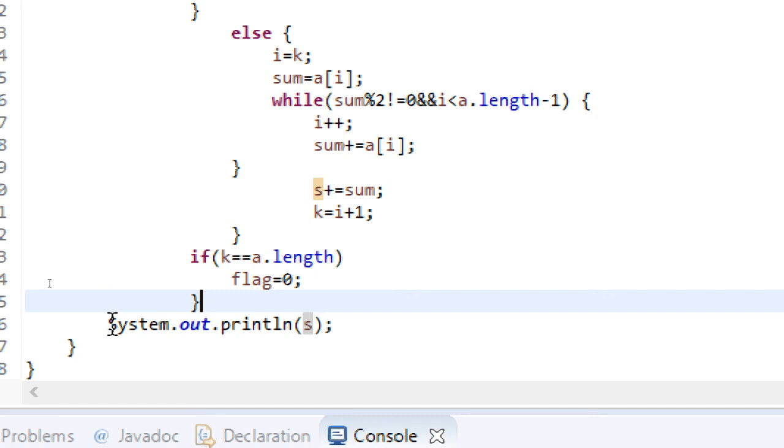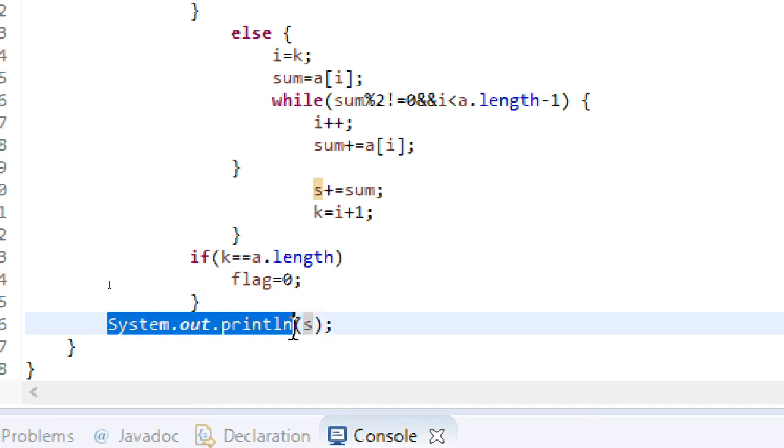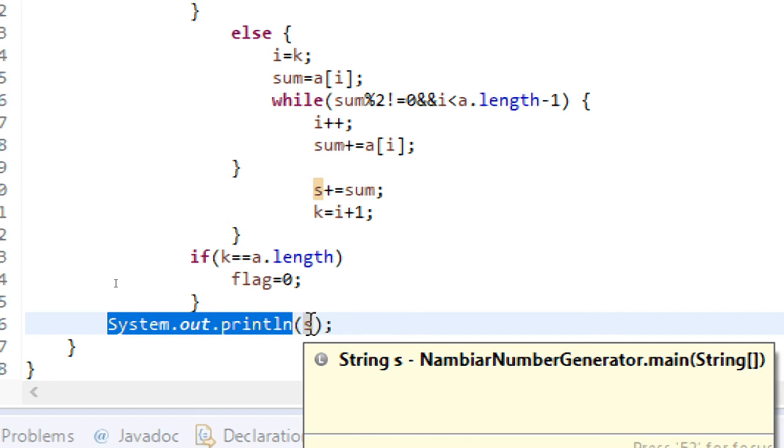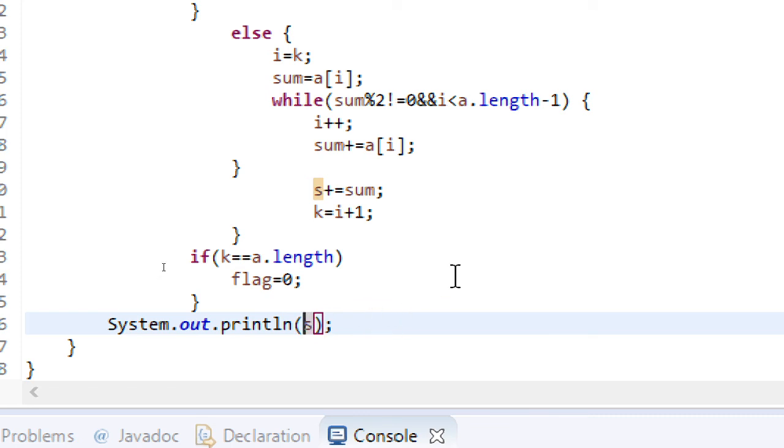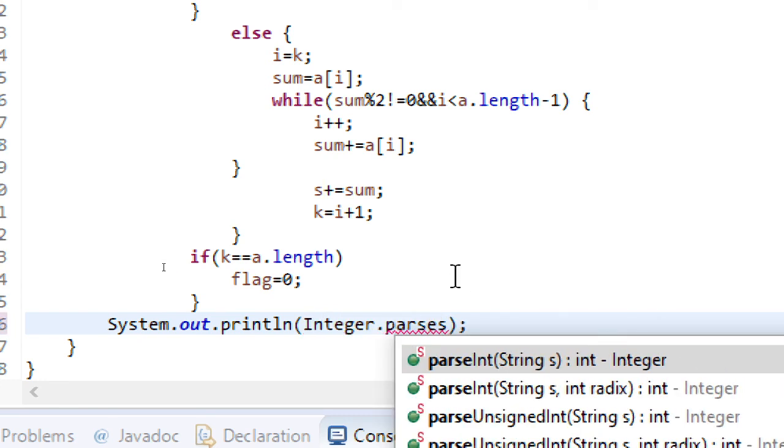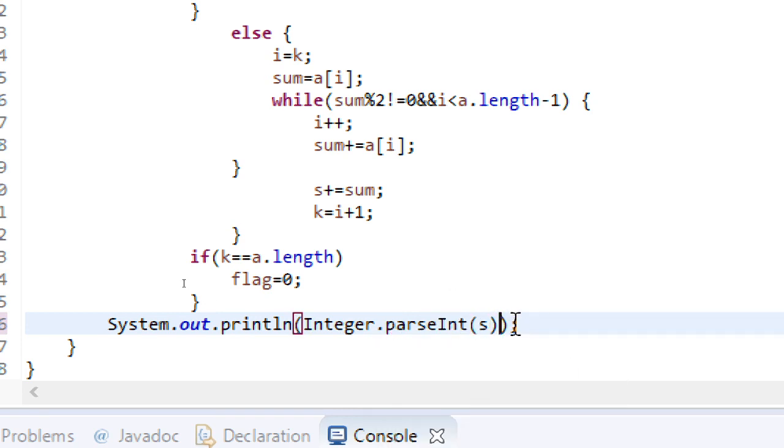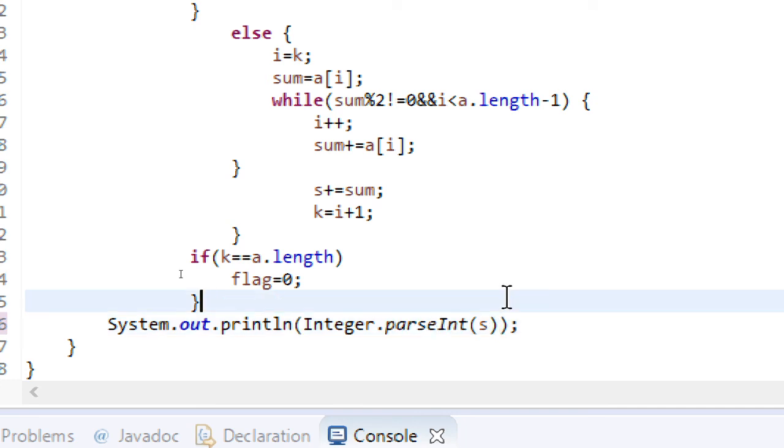Now in the exam, you just need to replace this System.out.println by return, and sometimes the resultant type has to be returned in the form of a string. Sometimes you have to return an integer. In that case, what you just need to do is write this simple thing, Integer.parseInt. That's it, nothing else. Just see what was asked of you. If you were asked to return a string, just return s. If you were asked to return an integer, you just write this additional statement, because I have used s for the string.